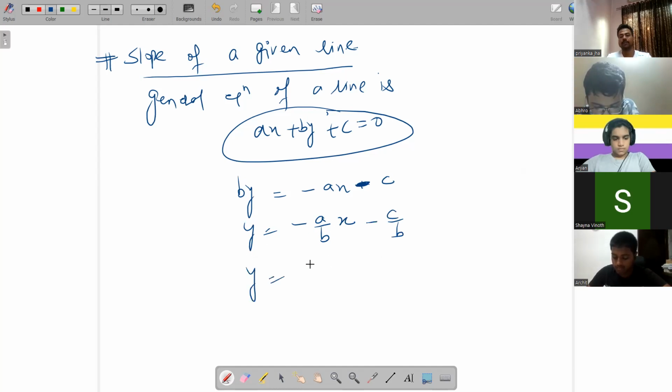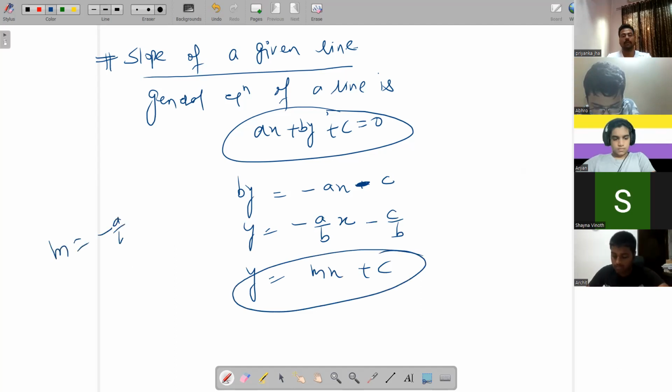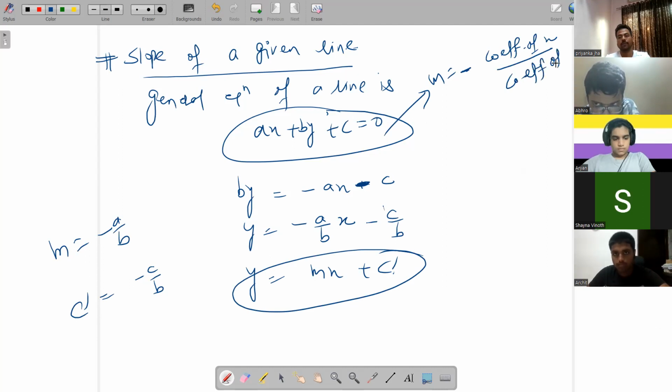So now you have to compare this with mx plus c. What is slope? That is minus a by b. And what is intercept? That is minus c by b. This c is different, c dash. So going forward, we will write the formula of this equation. Slope of this equation is minus coefficient of x upon coefficient of y. These two have to be taken with proper sign. So for ax plus by plus c, slope of this line will be minus coefficient of a upon coefficient of